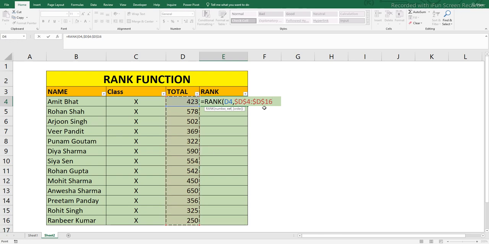Otherwise you can enter it manually with the $ sign. So I have used simply the F4 function and comma, and I want it in ascending order, so I will hit 1 and close the parenthesis and hit enter, and you can see this is my rank number